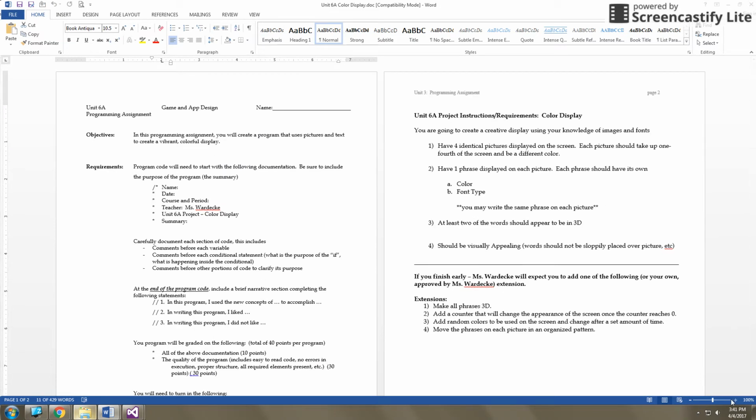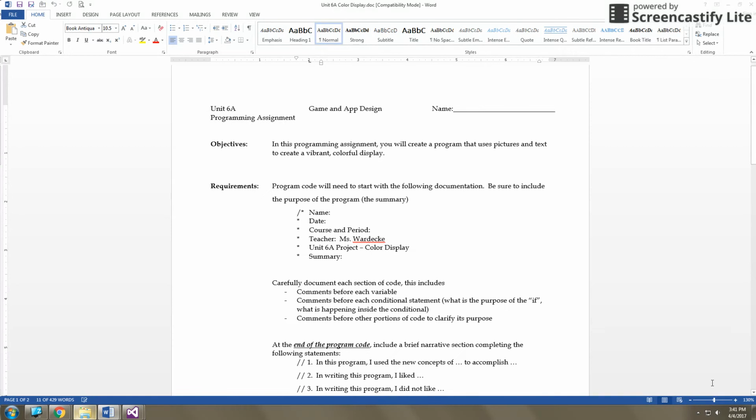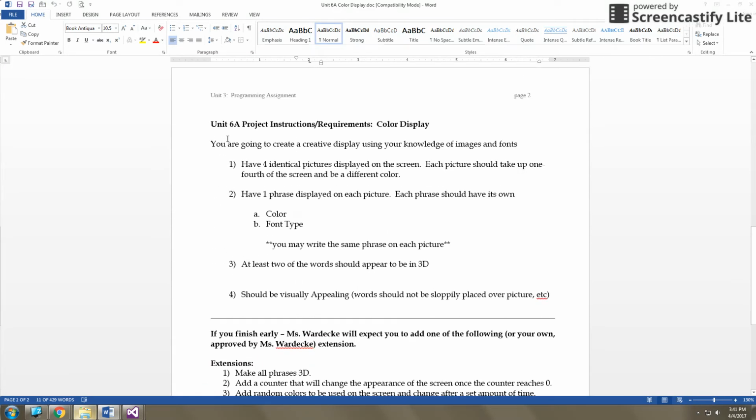So here are the instructions to that program, and I'm going to scroll down here. First, you are going to create a creative display using your knowledge of images and fonts. You must have 4 identical pictures displayed on the screen. Each picture should take up exactly 1/4 of the screen. Now, if you have 4 related pictures, like I've had students in the past do the 4 seasons, where they have 1 picture for each season,